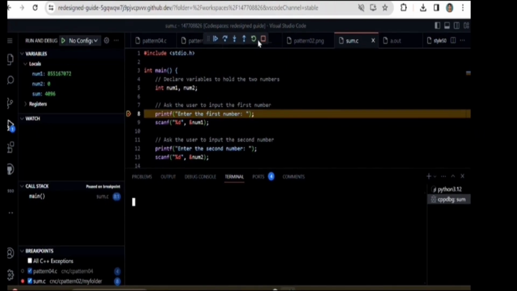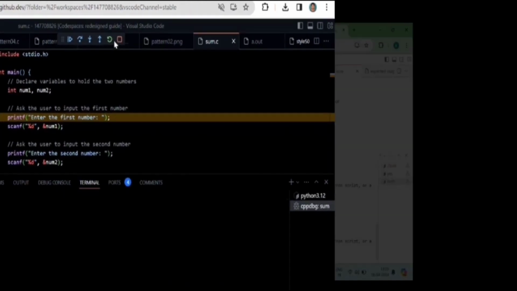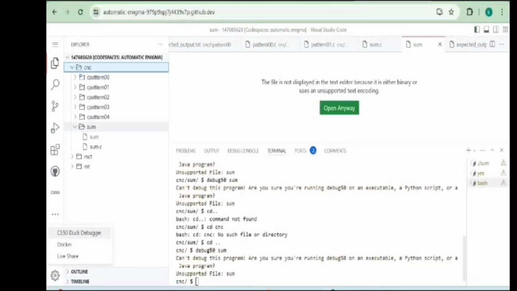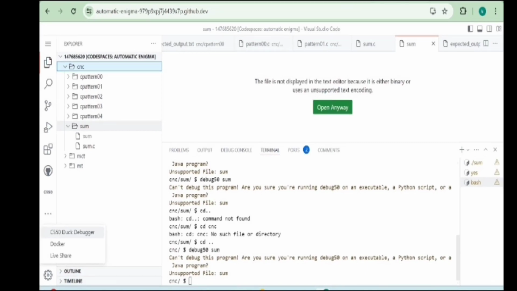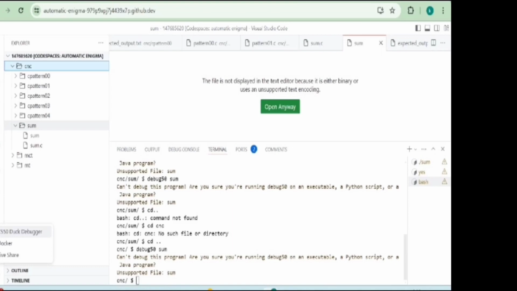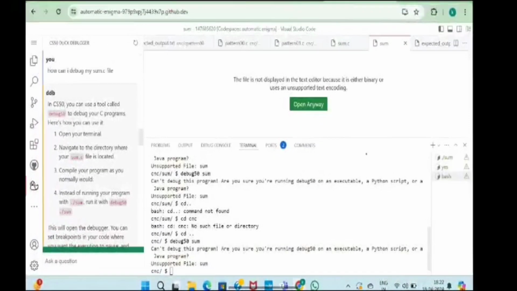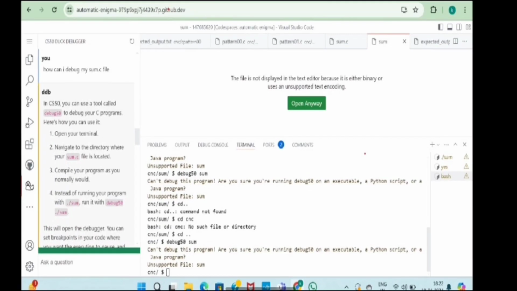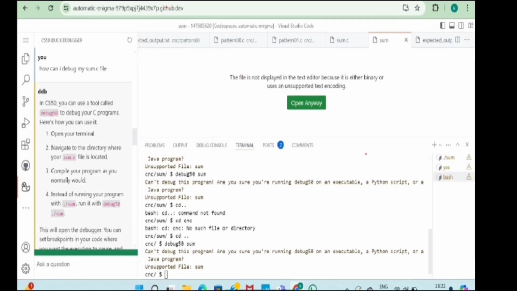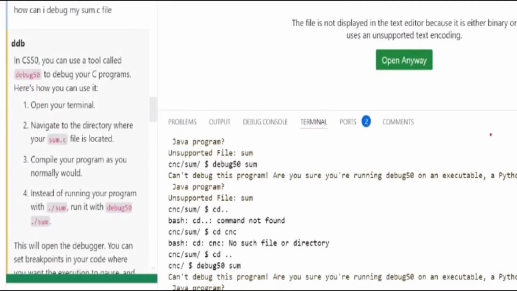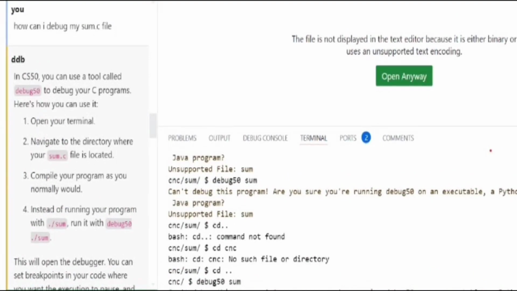Let's go to one more thing called the CS50 duck debugger, which is present on the left side. When we select the CS50 duck debugger, we can use it like a copilot where we can ask any questions. It will answer in a very good manner. For example, we can see on the left side, it shows how can I debug my sum file, and it shows